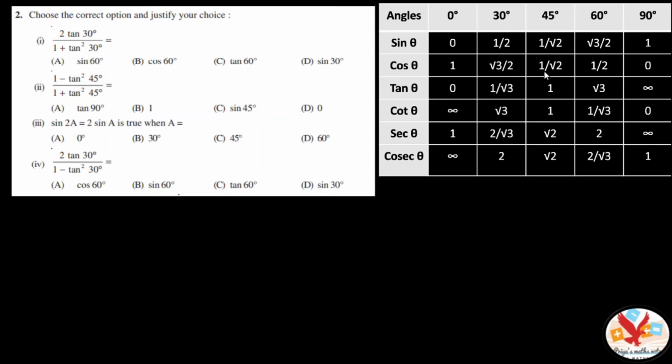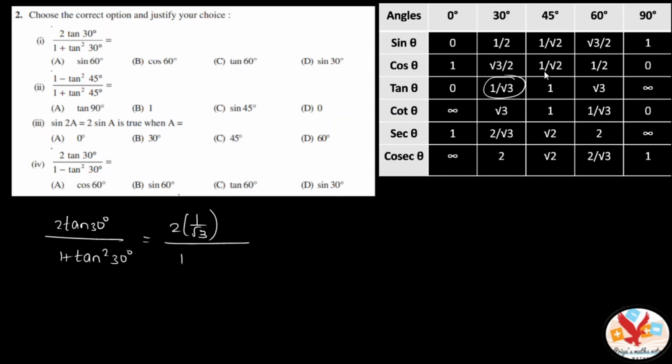Now let us go to the second problem. Choose the correct option and justify your choice. Okay, you have to choose the correct answer. The same thing, we are going to apply the values from the tabular column, and we have to find the answer. Okay, what is 2 tan 30 degree by 1 plus tan square 30 degree? What is tan 30? It is 1 by root 3. 2 into 1 by root 3